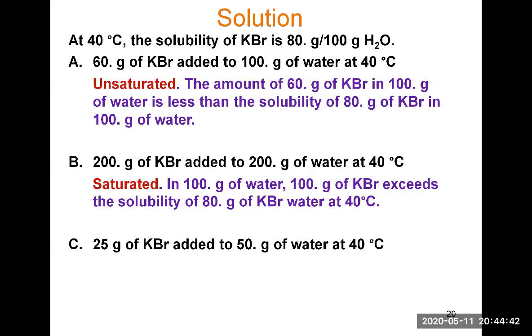So if we multiply the grams of water by 2, we will multiply the grams of KBr by 2, and the 25 grams will become 50 grams of KBr added to 100 grams of water. And so 50 grams of KBr is less than 80 for 100 grams of water. So that means it's going to be unsaturated,